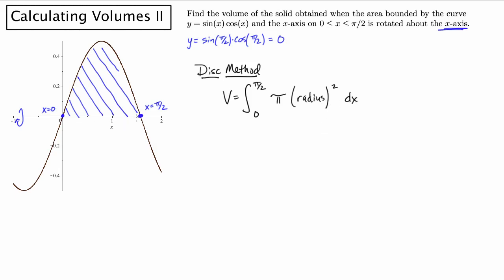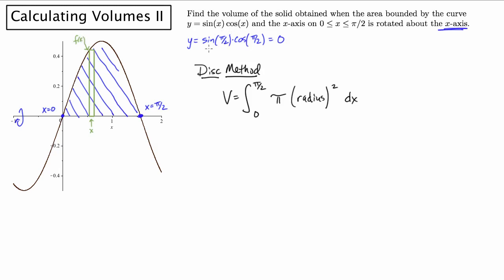Now, why am I integrating with respect to x? Well, remember, I'm always considering rectangles here. So if I consider an example of a rectangle on this region, something like that, then the idea is this rectangle varies depending on what x value it takes between 0 and pi halves. The height of the rectangle is always governed by the function f of x, which in this case is sine